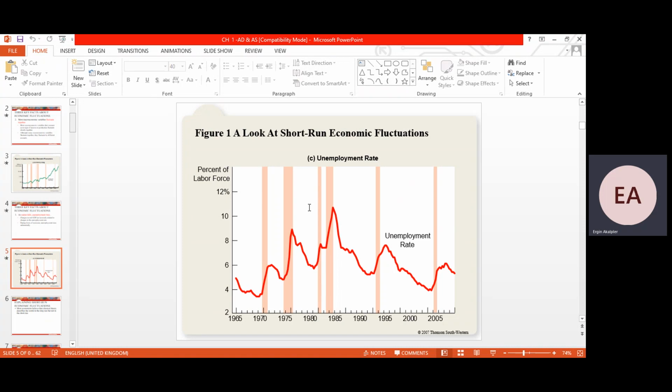This is then the indication that the economy is not doing well. Sometimes it is going up, sometimes it is going down. These up and down movements are the indication of the supply side of the economy, which is not doing well during the increased unemployment rate. And in the period where unemployment is reduced, it is expected that growth and supply are also enlarged.